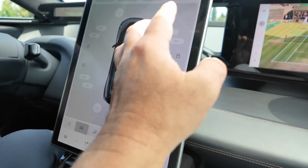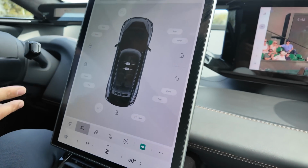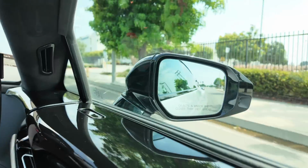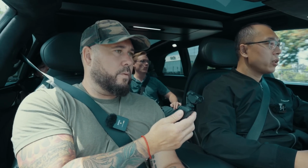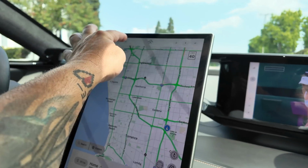The screen looks really intuitive too. It is. It's really simple to navigate. Yeah, you can play with it, no problem. So how many cameras are there? I see cameras everywhere on this thing. Yeah, we have in total about 13 cameras inside and out. Okay. Also, the goal is in the future we want to...